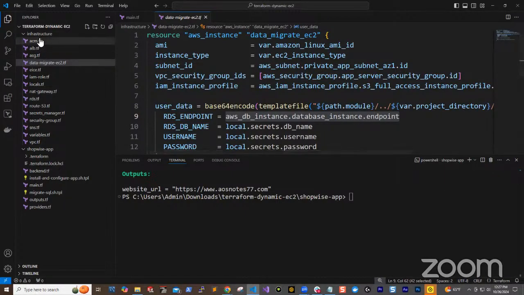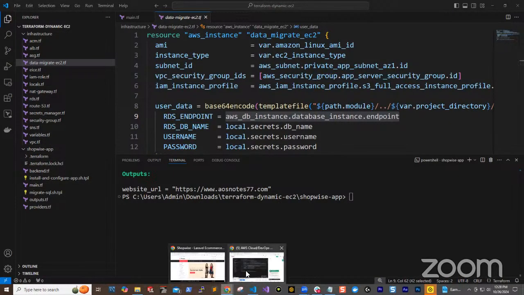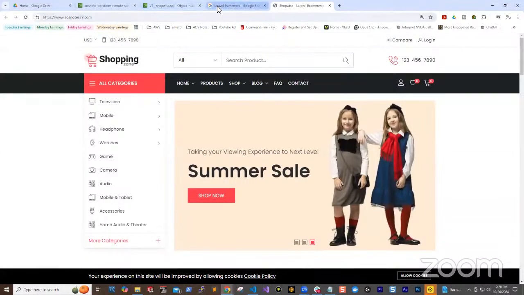Right. So you would take this infrastructure. You don't even have to store this infrastructure separately. You will store it in GitHub, or whatever source you are using, and this project, you will store it in GitHub as well. Okay. So in your GitHub account,